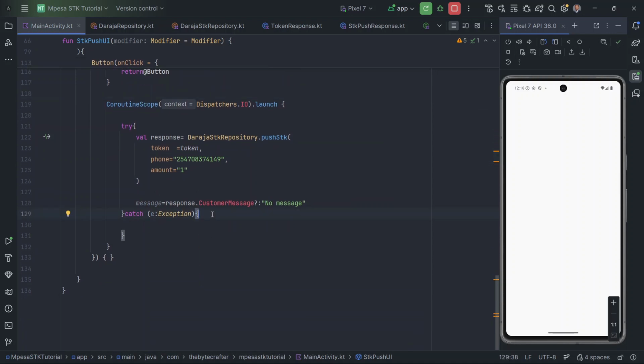So we'll be having that, and then now we can maybe catch the specific error, and maybe the message being equal to error. Now we can have maybe the e dot message, maybe if errors did occur in these